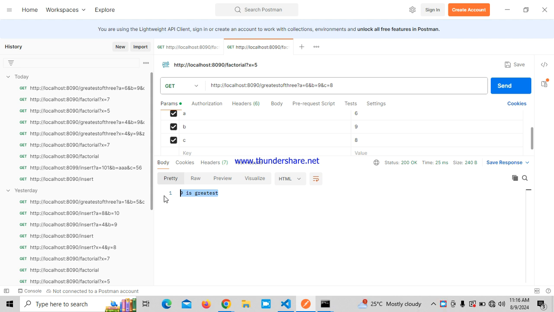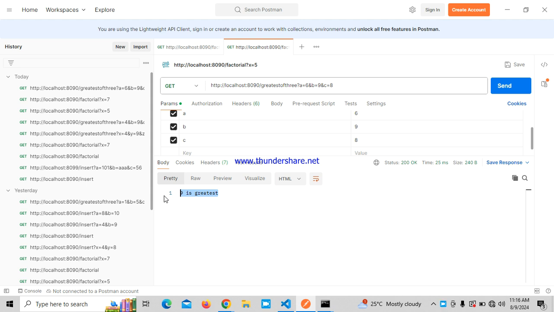First one is for API development. Postman is widely used by developers to create, test, and debug APIs during the development process. Also, you can use it for testing and QA. Quality assurance teams use Postman to verify whether APIs meet functional and performance requirements or not. And third would be learning and prototyping. Postman is a valuable tool for learning about RESTful APIs as well as for quickly prototyping new API